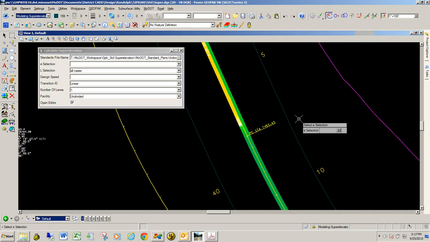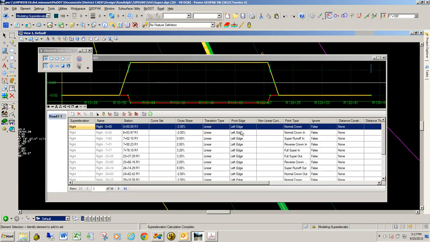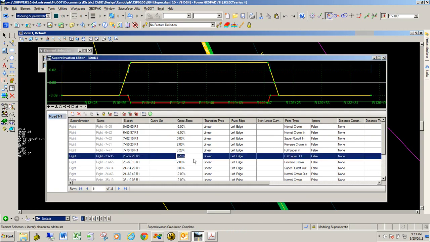My E selection is going to be 8% max. L selection is going to be all cases. Design speed is going to be 50 again. Transition ID, linear is going to be what we're going to use. Number of lanes in one direction is going to be 1. Again, it's undivided. And we're going to go ahead and open the editor. And when we run it this time with the new preference file, the MoDOT standards plans preference file, we get a max super of